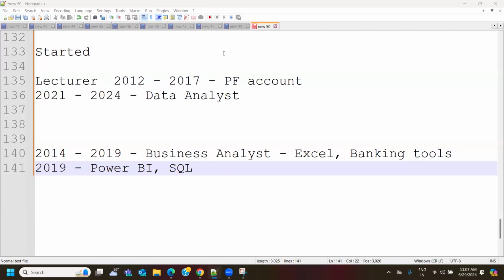See, you are entering this field as a new role or a fresher role. Not only with respect to data analyst, any role you take, even if you want to enter as a tester. Nowadays, people are moving mostly to testing roles because they think it is very easy to get a job. No, that is not the case. For testing also, there is a lot to do. So any role you take, if you're entering as a fresher, it will take some time. I'm not saying it will take more time.